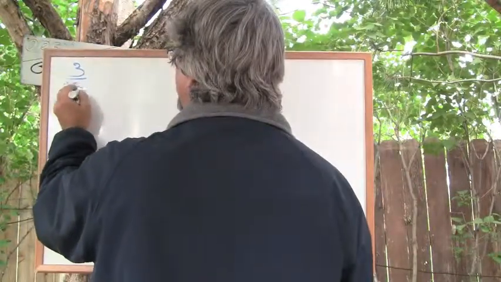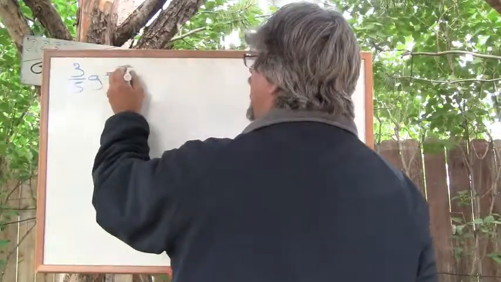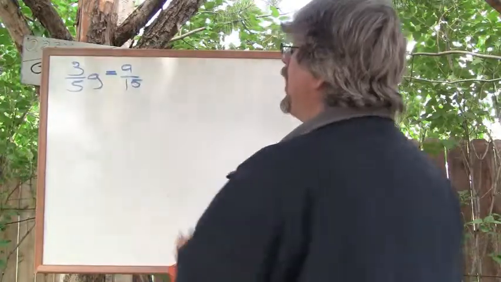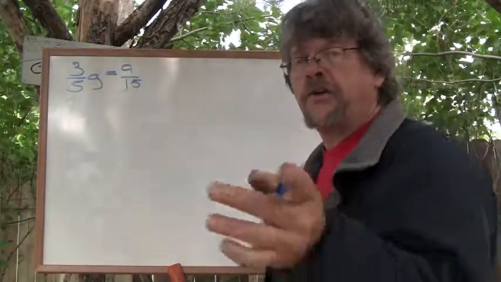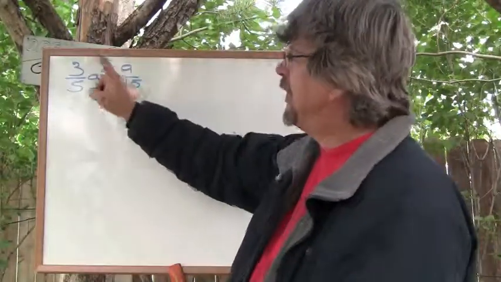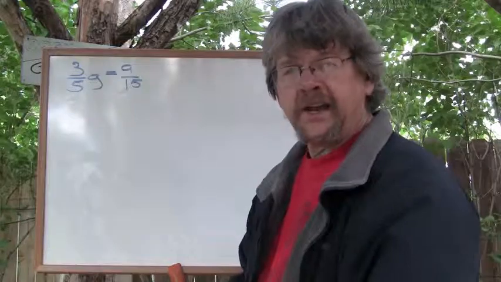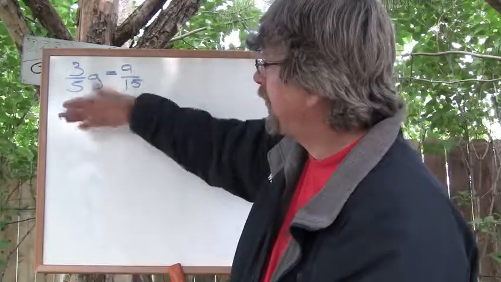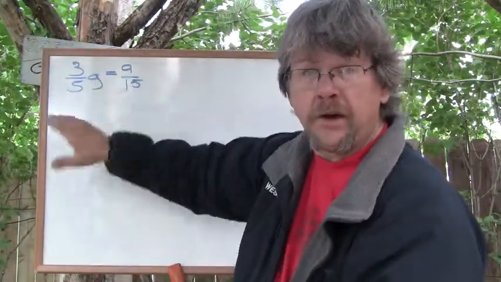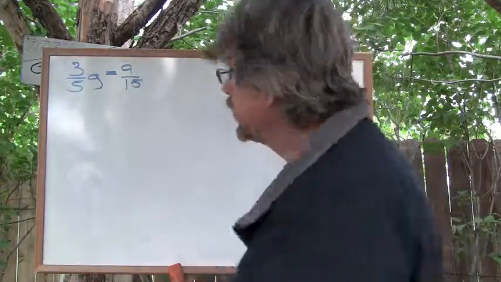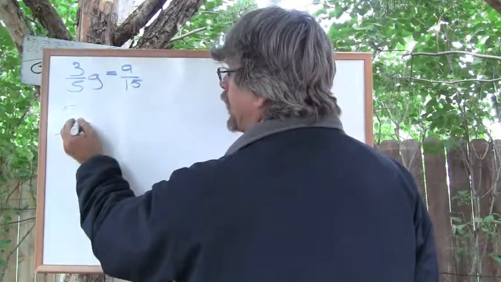So we have 3/5 g, and I'm just using different variables all over the place because that's exactly what math does, equals 9/15. Now you see a couple of difficult fractions and you're saying, oh dude, no, don't do that. We know that to get rid of a multiplied fraction with a numerator, what we get to do is multiply it by its reciprocal. What does that mean? We're going to take this fraction and turn it upside down and multiply it. So what's the opposite of 3/5? 5/3 times